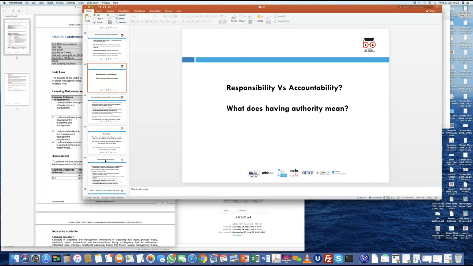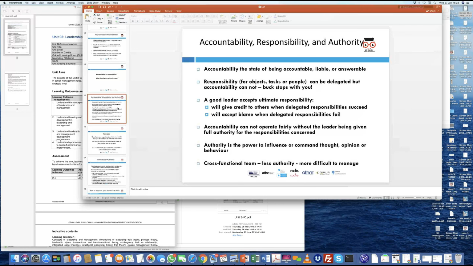So here the idea would be to look at understanding what is accountability, what is responsibility, and what is authority. Now these things have to be very clear in terms of the concept, because they all mean different things. Accountability is when you delegate something and you make somebody accountable, that you are answerable. Accountable means you are answerable. That means if I've given you an X amount of budget for recruitment and selection, and you are not able to recruit the people within those budgets, or you have not recruited, then you are answerable. You are accountable, and that would mean accountability.